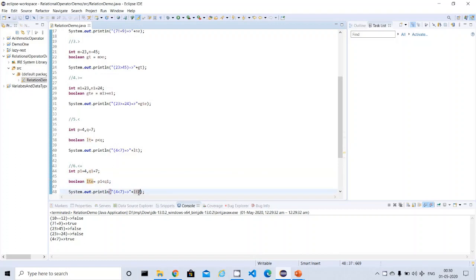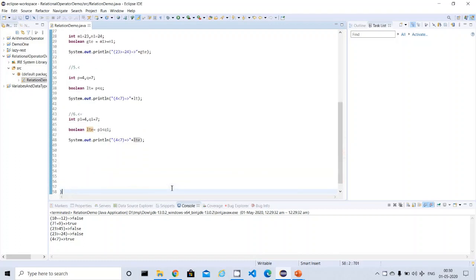Yes, correct. So now if you see this example of values, we have taken two variables, P1 equal to 4 and Q1 equal to 7. We are trying to compare here with less than or equal to. We are assuming the left side value is smaller than or equal to the right side value. We can see the results after running this program.